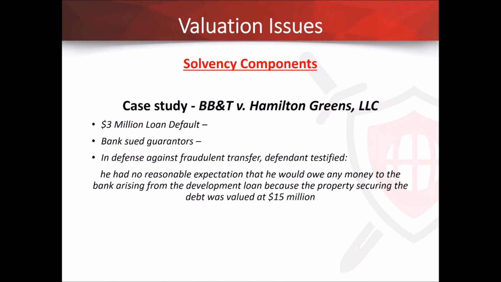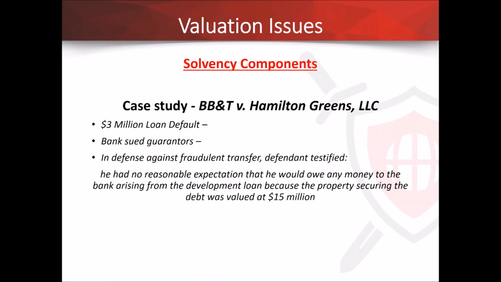So the bank gets a foreclosure judgment, takes the property, and now they go for a deficiency judgment. The way you prove up a deficiency judgment, you say, well, we have a $1 million loan, and we just sold the collateral, or we got a value on the collateral because we weren't able to sell it, and that value is $25,000. So now we have a $975,000 deficiency. And so they wanted to pursue him on a $900,000 plus deficiency judgment.